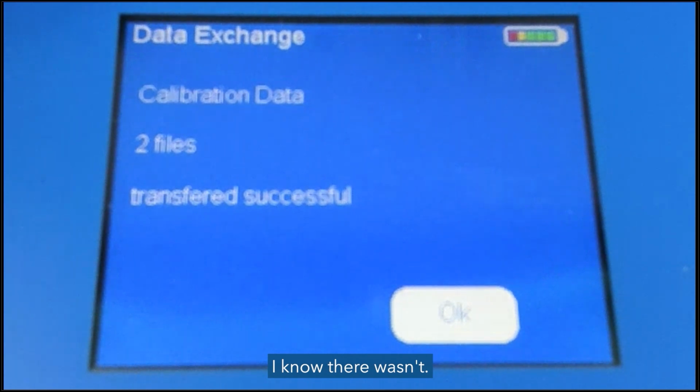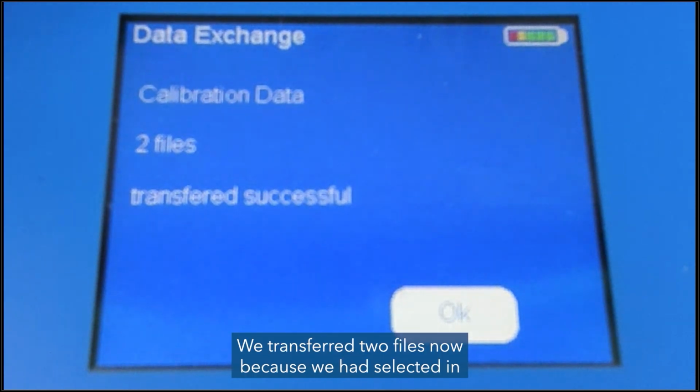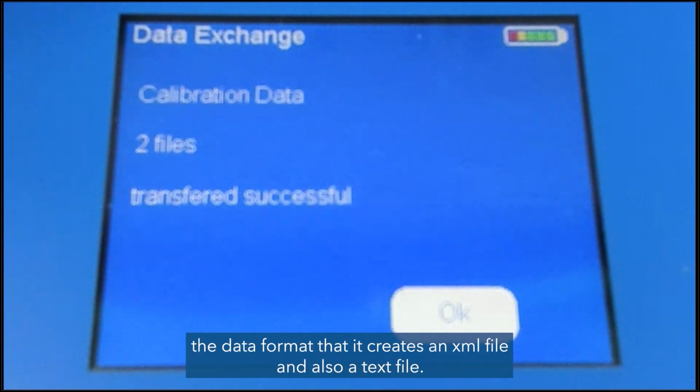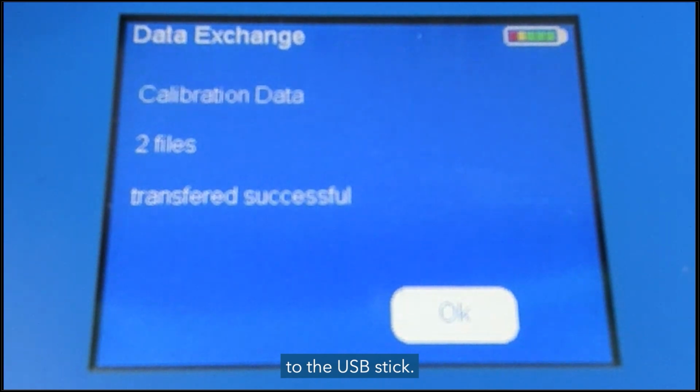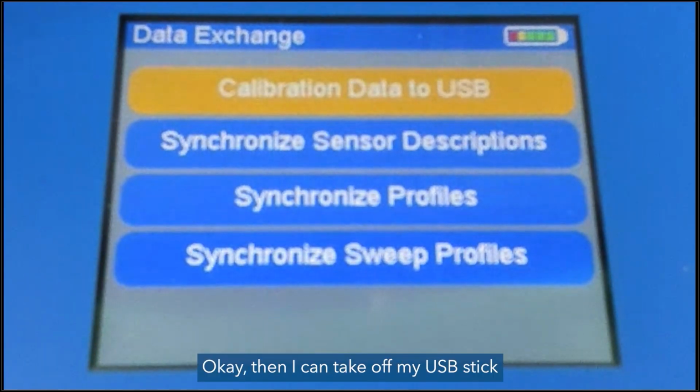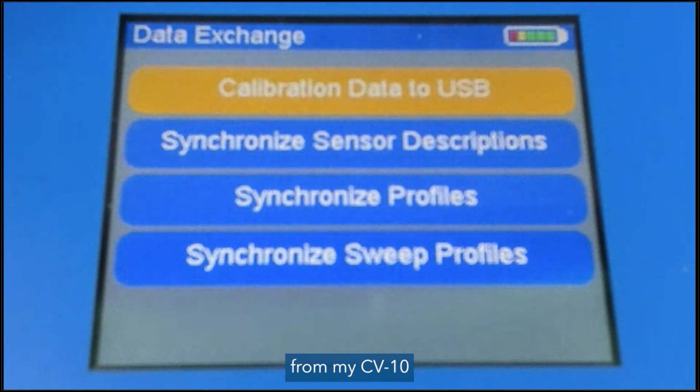No, there wasn't. We transferred two files now because we selected in the data format that it creates an XML file and also a text file. And therefore now we have two files for one calibration that are transferred to the USB stick. Okay, then I can take off my USB stick from my CV-10